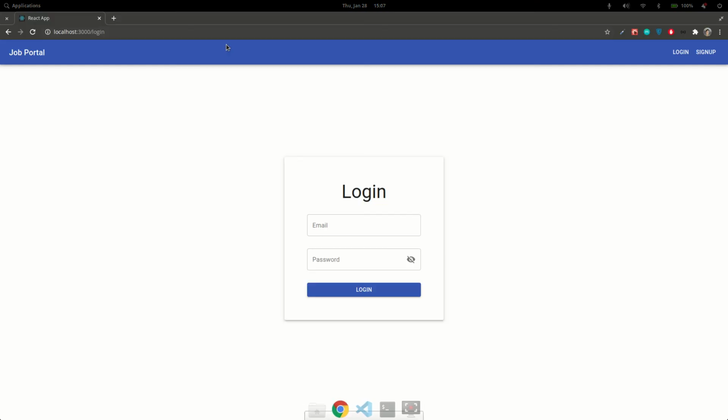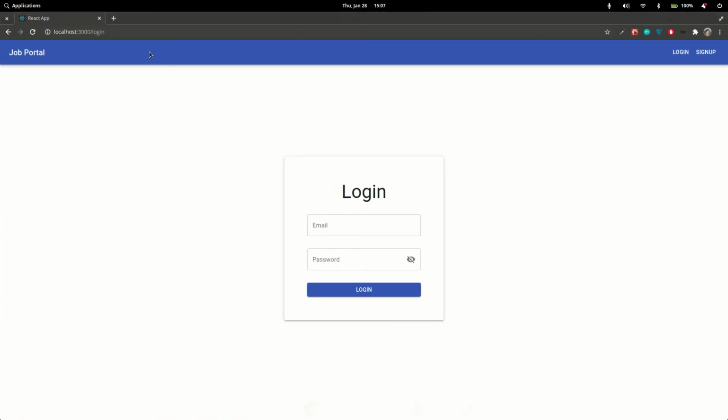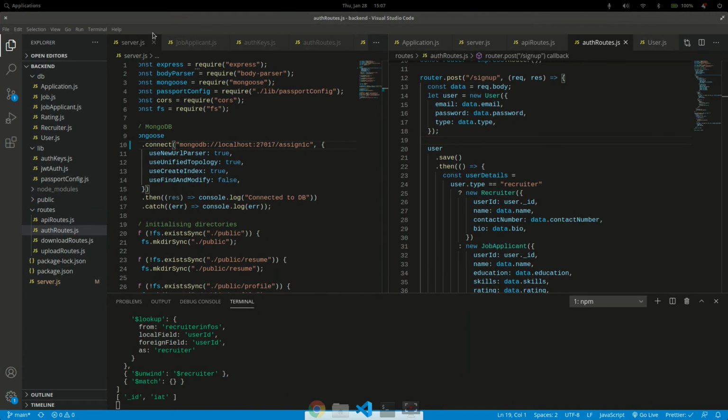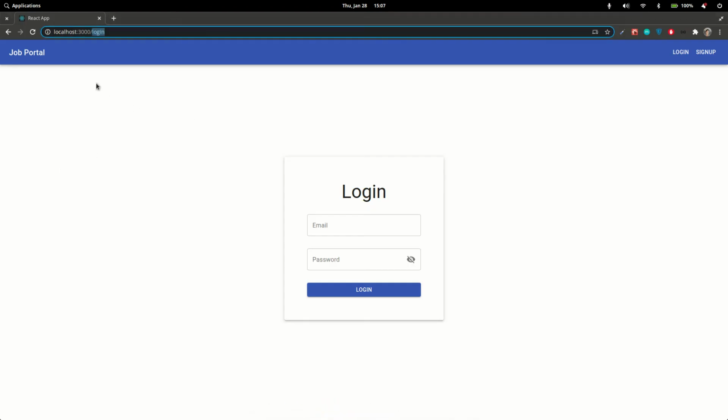So the front end was made with React, the back end was made with Node. The APIs which were serving the data were set up on Express in the back end. And those are also secured. Every time, authentication is carried out to check if you are a valid user, and only then is it going to send you the data. Otherwise, it is not going to. So yeah, that's it. That was my job app portal project. I hope you liked it, and thank you.